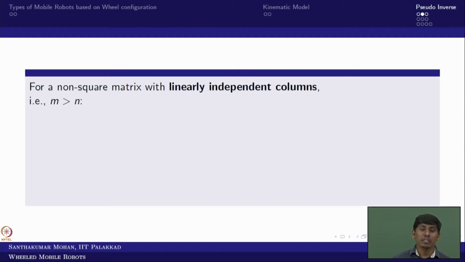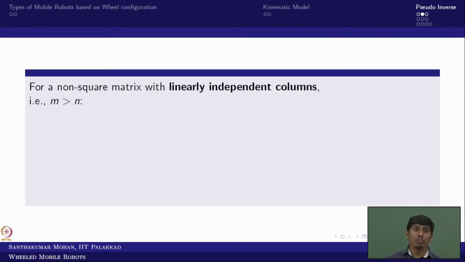So what does that mean? The number of powered wheels, the number of controllable inputs, is less than the total number of system states. You have 3 states, but the number of powered wheels is actually less than that. Take a differential wheel drive, which has 2. So 3 is greater than 2.